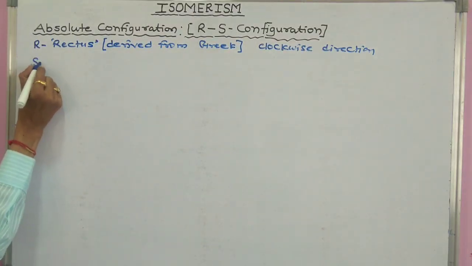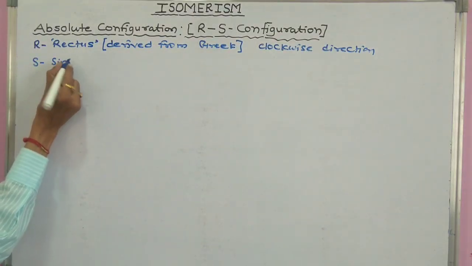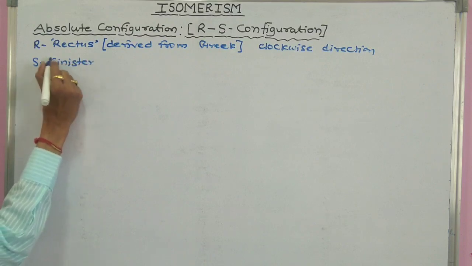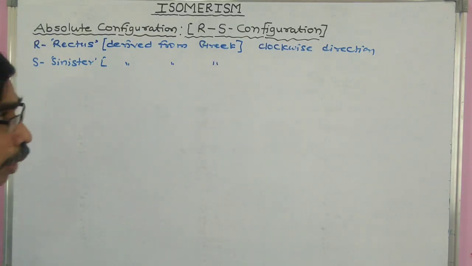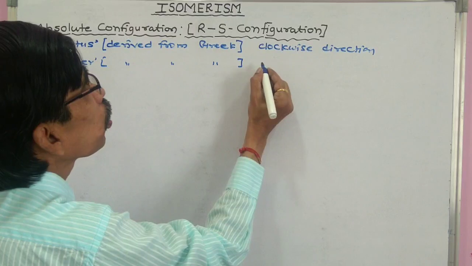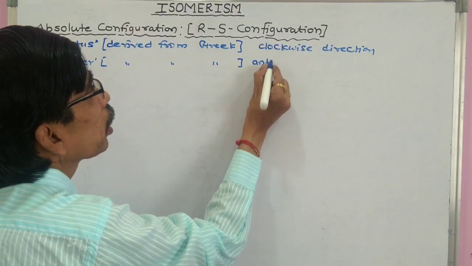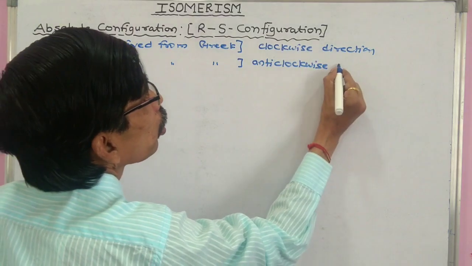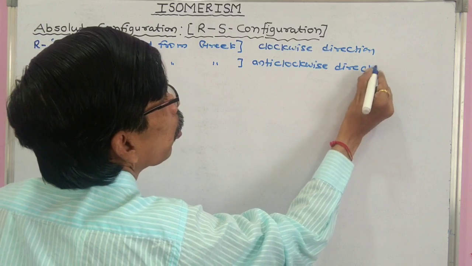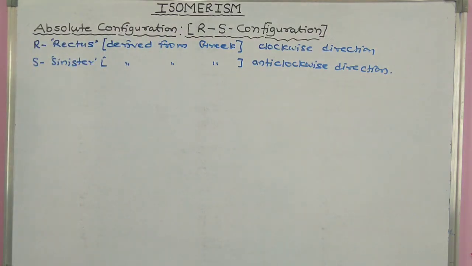And S denotes sinister. It is derived from the Greek word and it is used for the anti-clockwise direction. So these are the terms R and S used in the absolute configuration. Now we consider the example